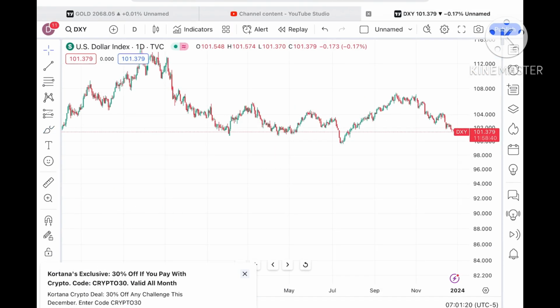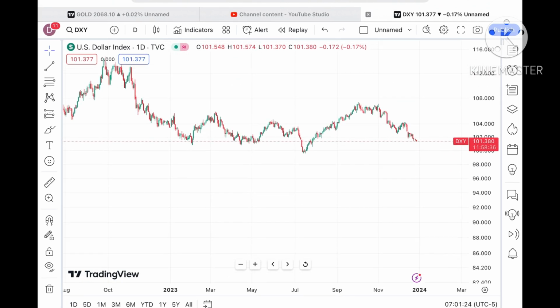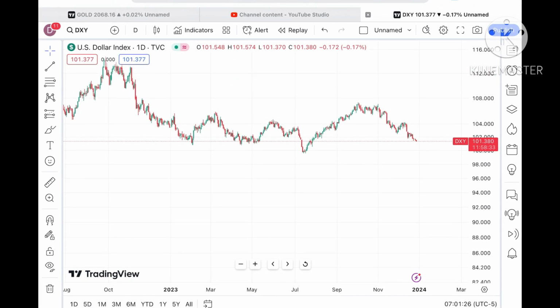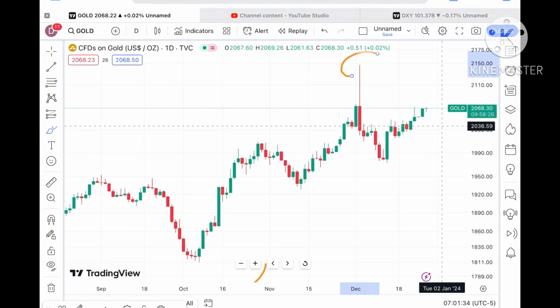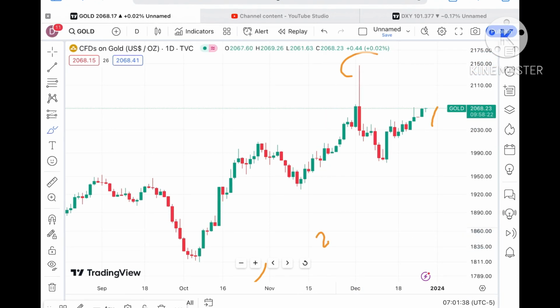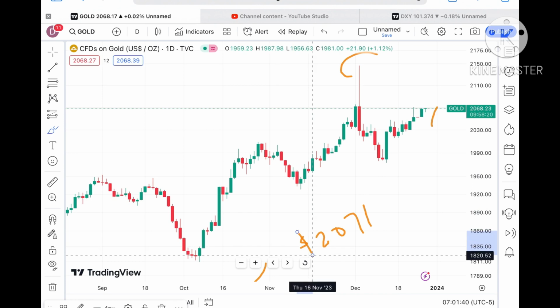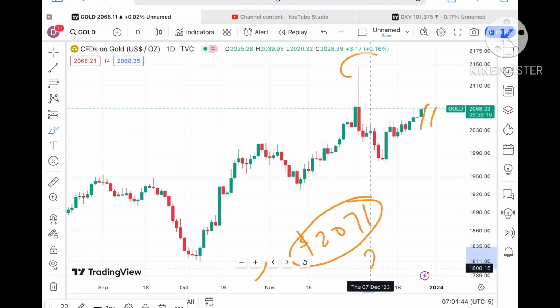If you look at the dollar index also, we have seen a continuous downfall, and chances are very high we can see a further fall in the dollar index. So chances are high we can see a further upside movement in the price of gold. Suppose the price sustains this level, it will cross a level of around $2071, which is already a weak resistance. So chances are high it will cross that level and go towards